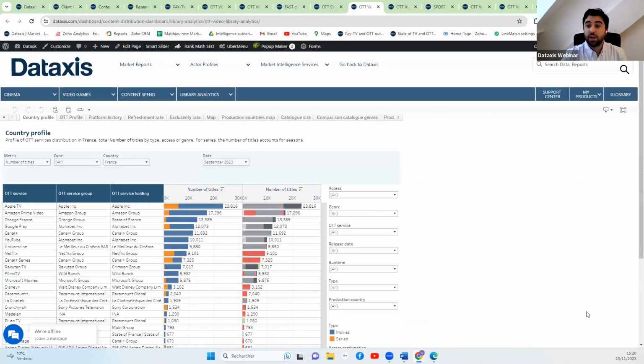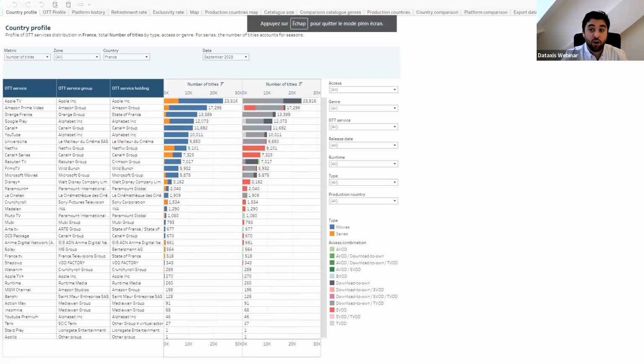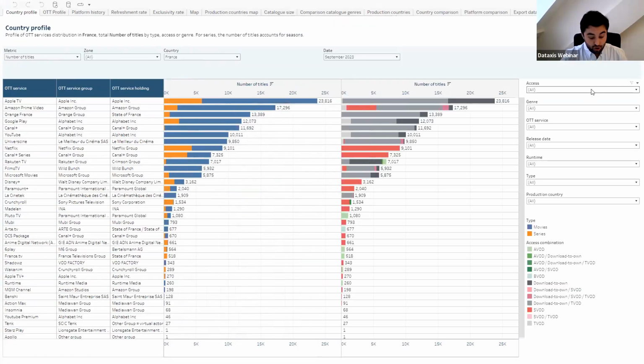So the first view will focus on a really important point, which is the size of the catalog. The first element to consider is the number of titles, or series, or movies that an OTT platform will have. So that's what we can see here with France. This dashboard is a monthly dashboard. So we can see at September 2023 in France, the number of titles by platform and also by type